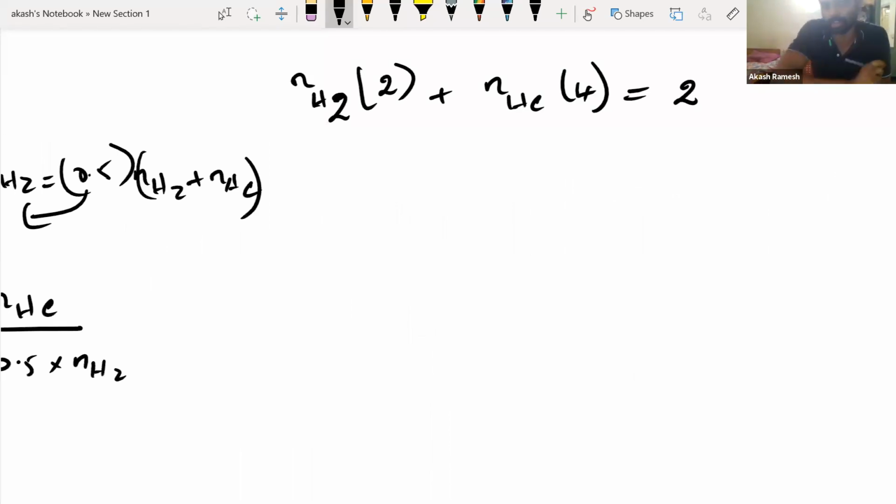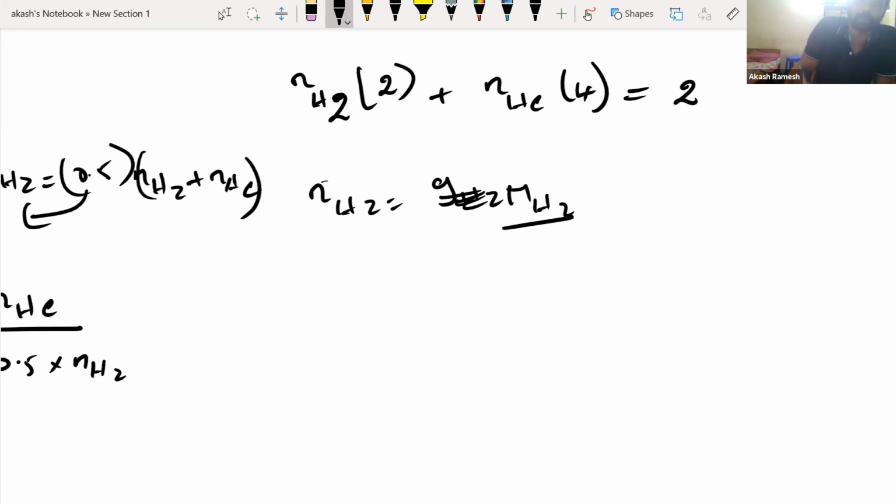Can somebody explain what I wrote here? Anybody knows what exactly I am doing? You just substituted the mass. Correct. So basically, how will I find the mass of H2? Number of moles of H2 is given mass of H2 divided by molar mass of H2, that is 2 grams. So mass of H2 will be number of moles into 2, and that's what I've written here. Same way for helium, number of moles of helium into the molecular mass will give you the given mass of helium. The total is equal to 2.